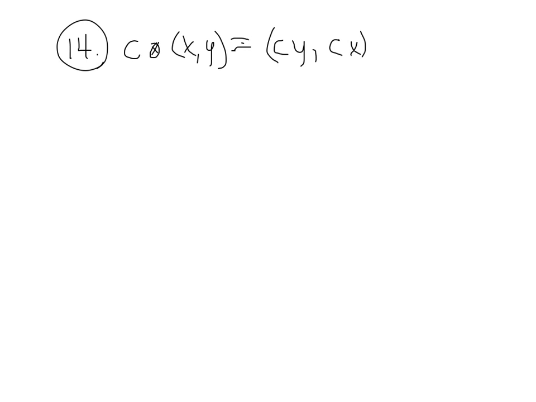So we look at property 6. Property 6 holds because we do get an ordered pair, cy, cx, it's an ordered pair. So it is a member of R2. So we look at property 7. Property 7 holds, but you should work this out on your own. Property 8 holds. Again, you should work this out to make sure that it does work, but property 8 holds. Property 9, c times